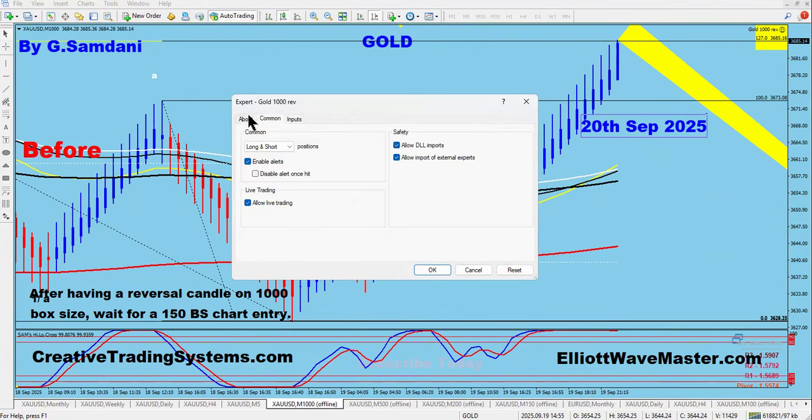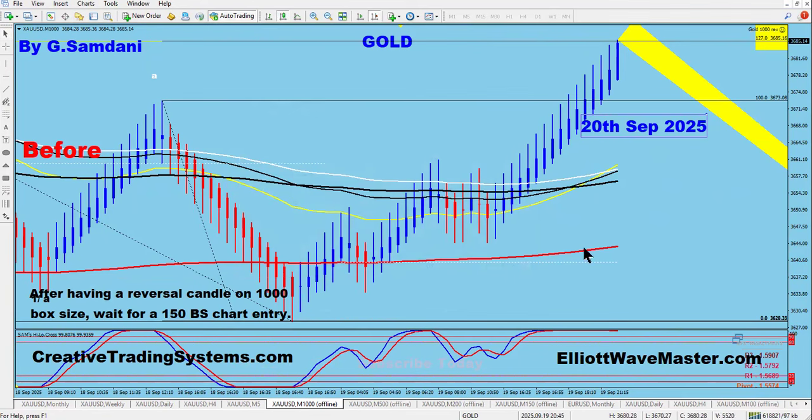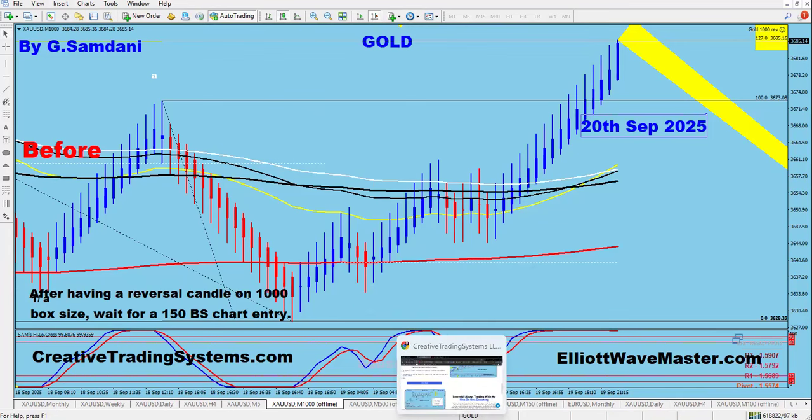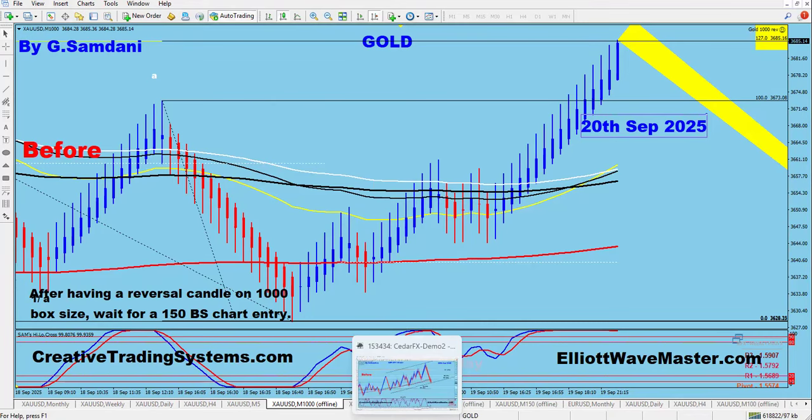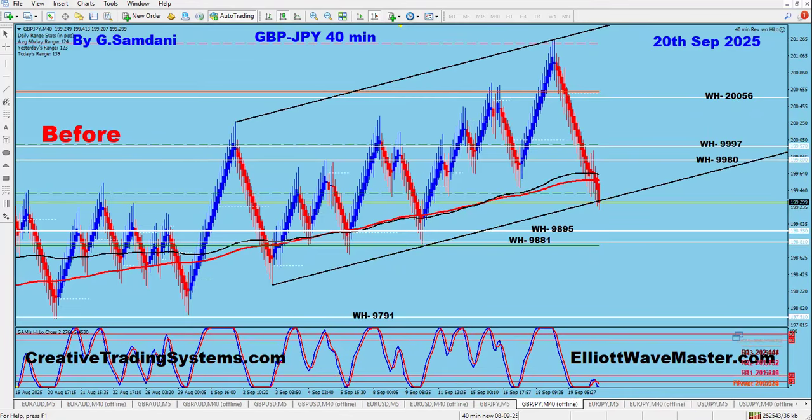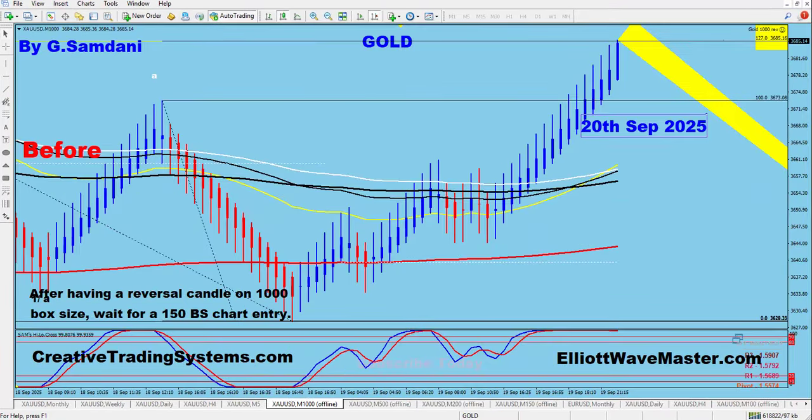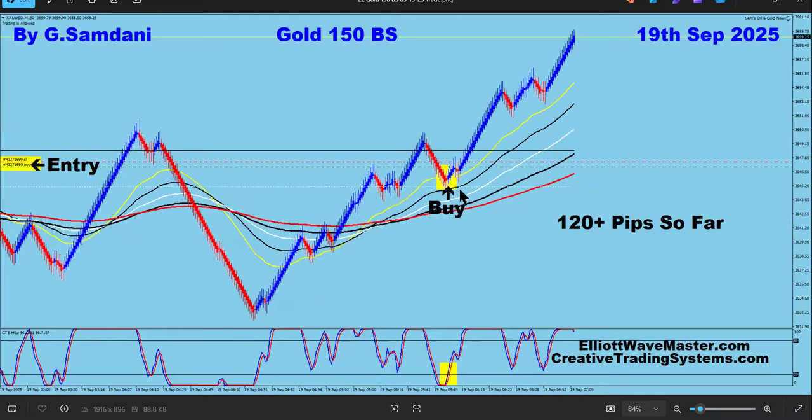Oh, no. This is, yeah, okay. So this is just the alarm that if I have a reversal candle, it will go off. So when I see the reversal candle and it's a bullish one, it says, okay, no problem. And after that, on the smaller time frame, I place my EA, right? So, what was that? Okay. So this is the entry here. It came after that. After one hour, I have an entry, and then it went up.